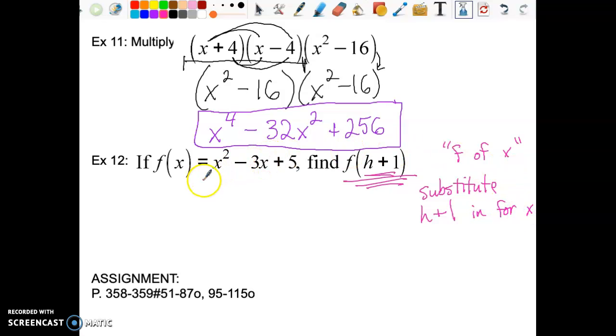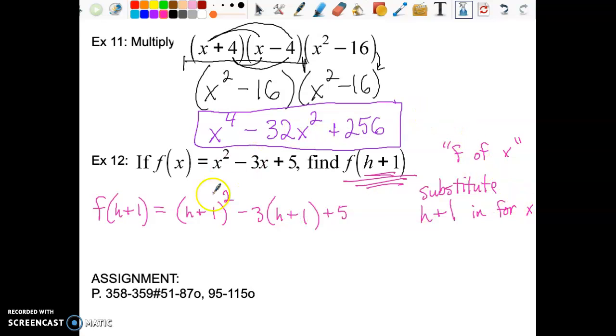It is replacing. So sometimes what I'll do is for f of h plus 1, I'll rewrite the function, and anywhere I have an x, I put in parentheses. So I just rewrote f of x, and I can replace x with h plus 1,